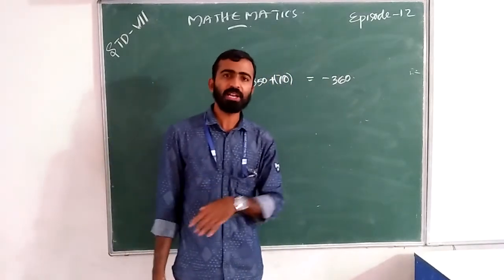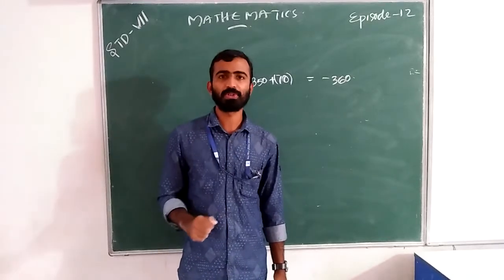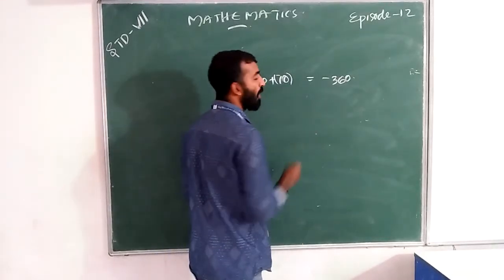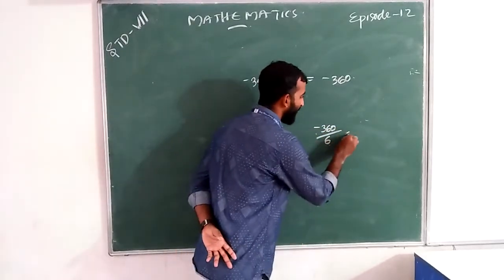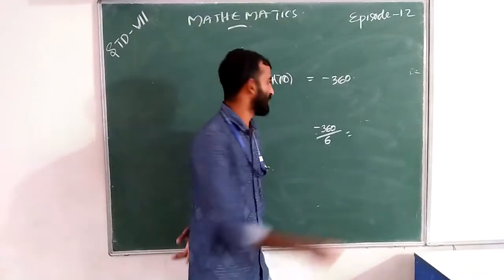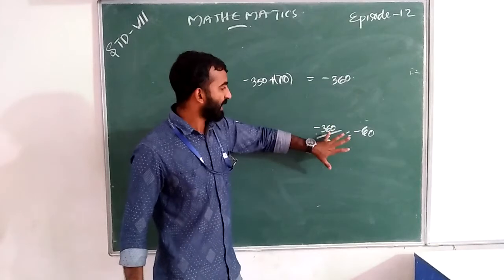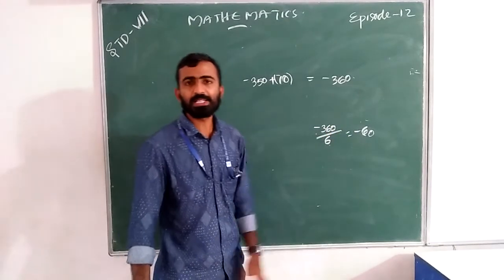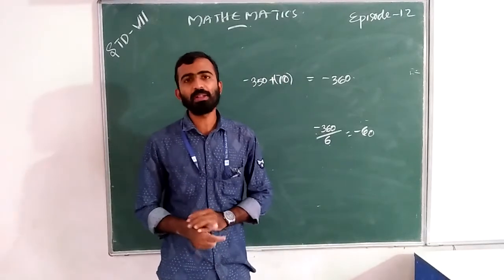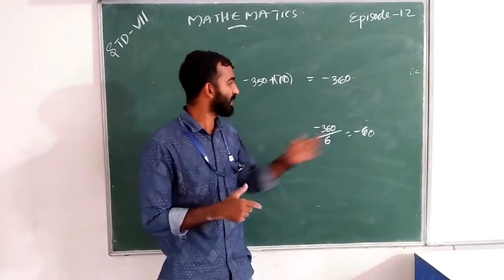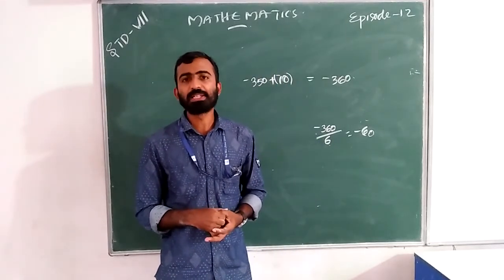According to the question, the shaft descends at 6 meters per minute. So to find how long, we compute negative 360 by 6. We get the answer negative 60. That is negative 360 by 6, where 6 is meters per minute. So how long does it take? 60 minutes. The negative sign indicates descent.